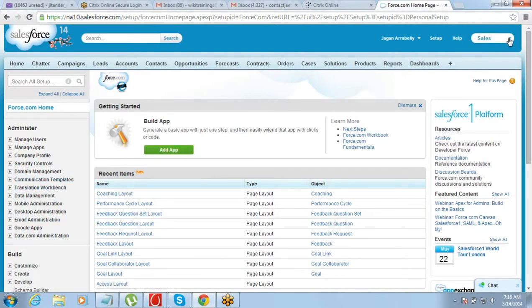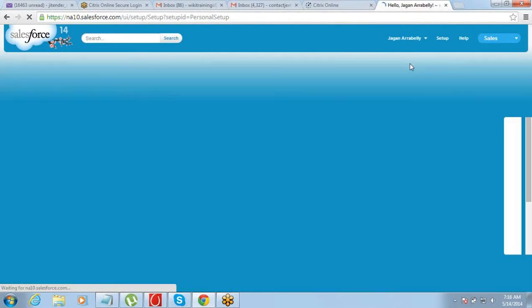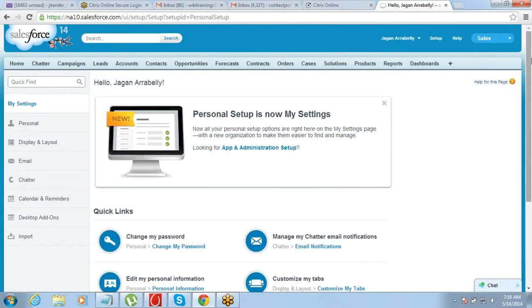So we just saw that we have an application drop down here. Which application we want to see will be available here. We can select one of the applications from this applications drop down. We have the setup menu to do any sort of changes, and we do have My Settings where we can go and make changes to our personal settings. Clear?